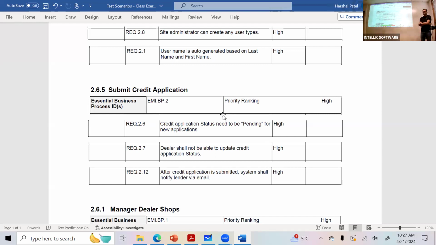Actually, the dealer submits the credit application, because the customer does not do anything. The dealer submits the credit application on behalf of the customer for the loan, right? As soon as they submit the application, all this requirement says is the status needs to be in pending status, basically.